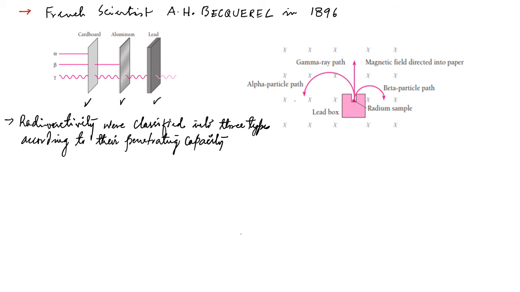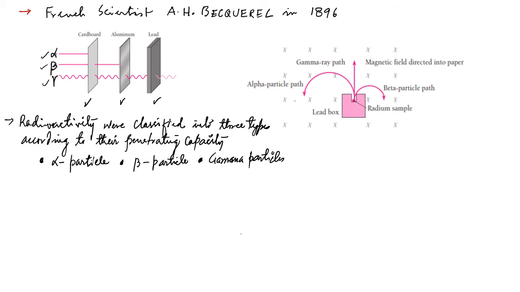So the classification: the first is the alpha particle, the second one is the beta particle, and the third one is the gamma particle, which are coming out of a system. You can see that this is alpha, this is beta, and this is gamma. So the alpha particle